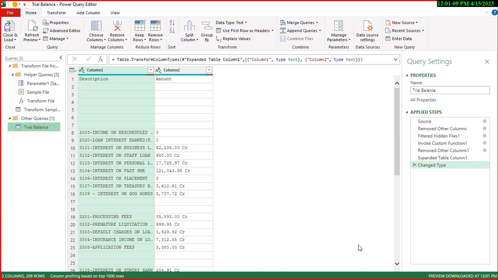So we are on the Power Query editor. Once you open the Power Query editor, you cannot use Excel. It will not give you access to use Excel. The Power Query is separate from Excel, even though it is inbuilt in Excel. So now, as I said earlier, this data is messy, so we need to do some cleaning